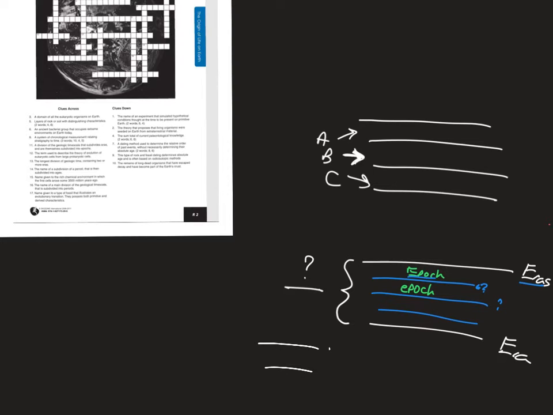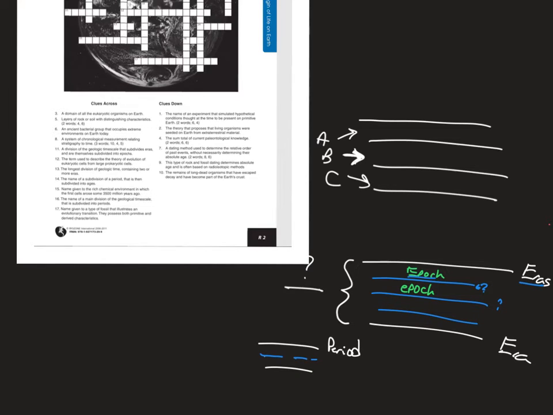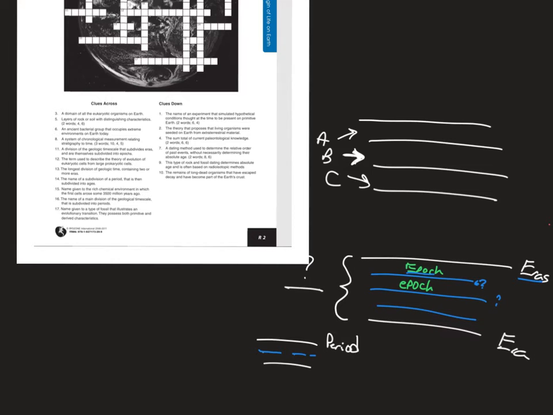You have periods that is then further divided by something, right? And then that something, whatever it is, you'll have to look that up. That period, that thing is then divided into ages,